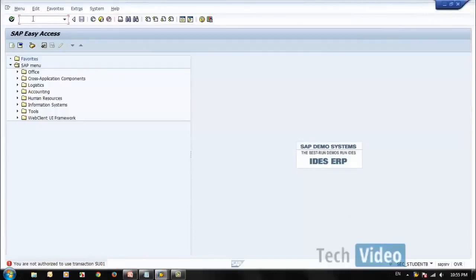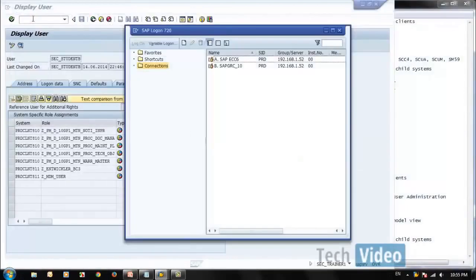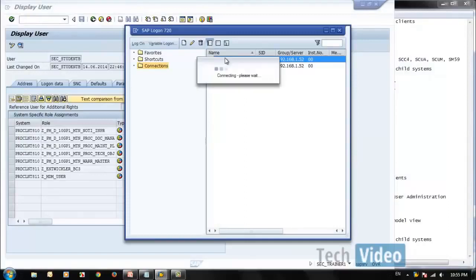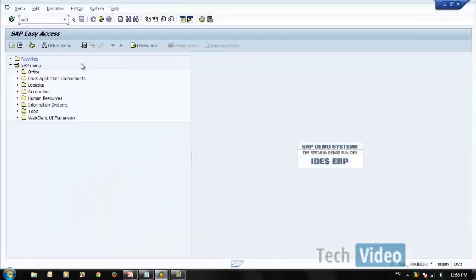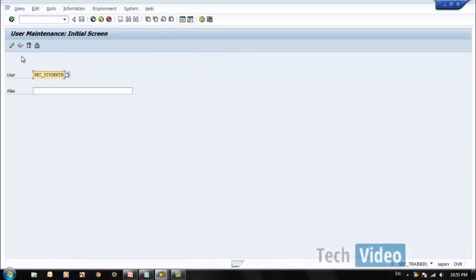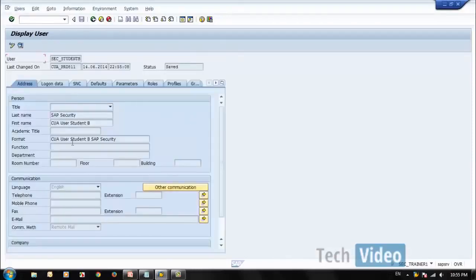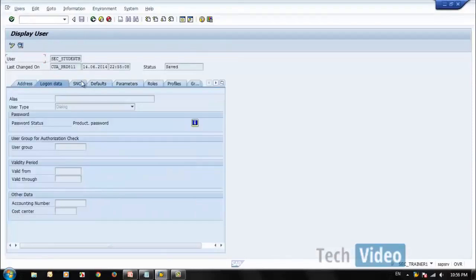This does not have authorization. Let's go to X. I will log into client 811 using the trainer user. Go to SU01. Look into this user. This is the same user which was created from there.